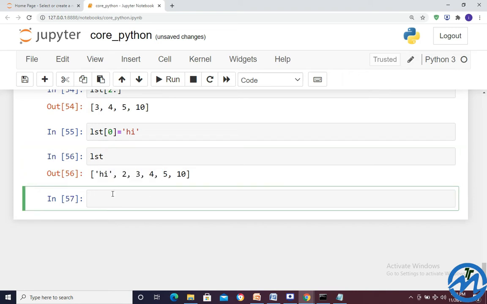So let's go ahead and we'll write the nested list. So NSTL, nested list, is equal to 1, 2, 3, 4, 5, high. I've written high. Enter.